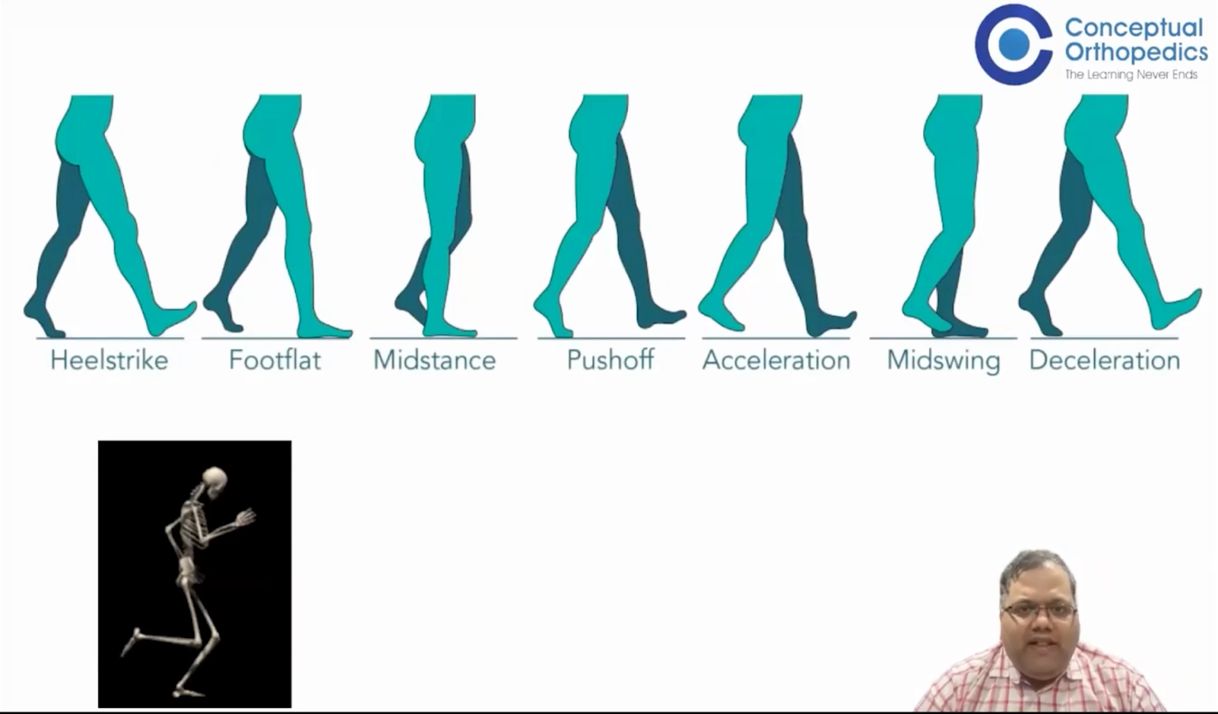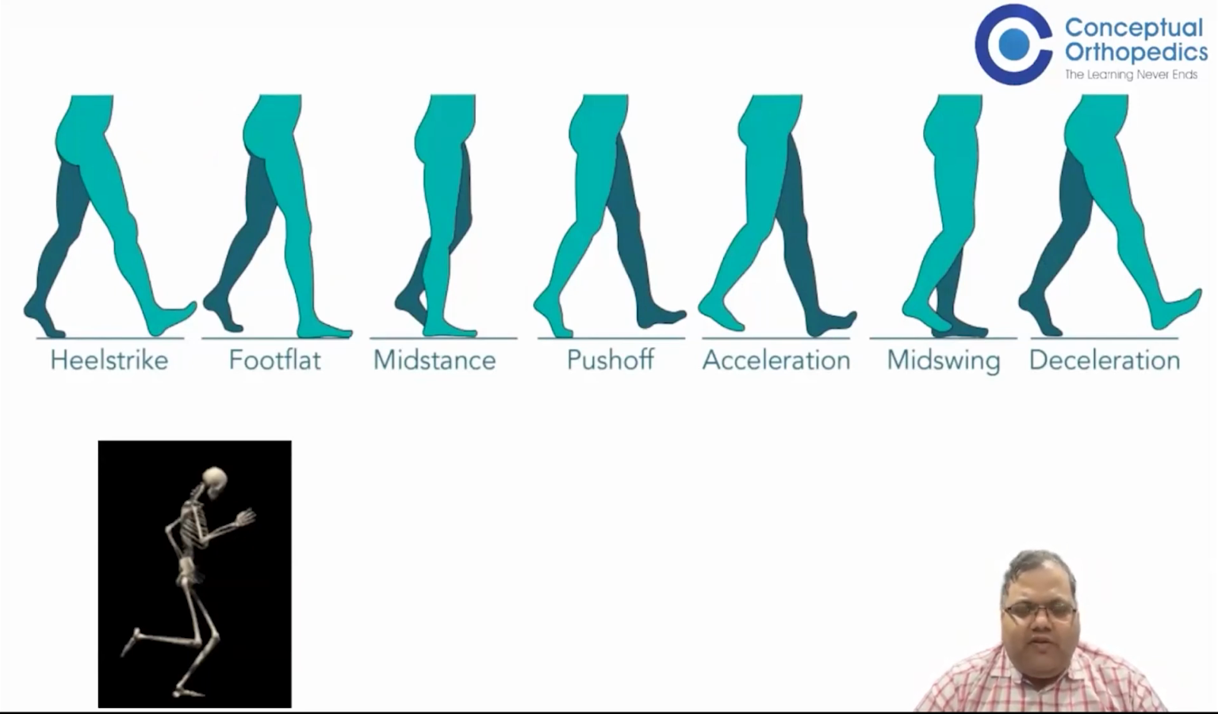Now, if we divide the gait into various subcategories, we have heel strike, flat foot, mid stance, push off, and then we have acceleration, mid swing, and deceleration. So, as we can see from this slide,